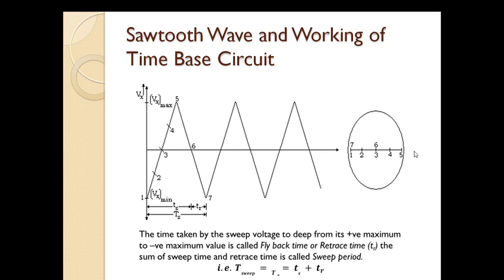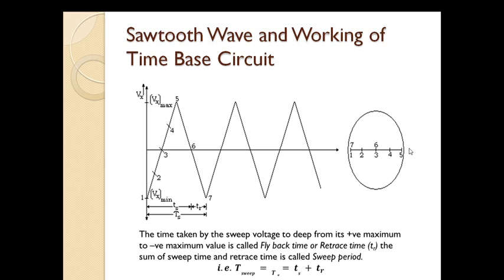So this plate becomes maximum positive, and the electron will be attracted more towards the plate and is found very near to the right plate, which is highly positive. So from point number 1 to point number 5, it traces the signal on the screen, as you can see, and it covers equal distance in equal intervals of time. The time from point number 1 to point number 5 is called the sweep time TS.